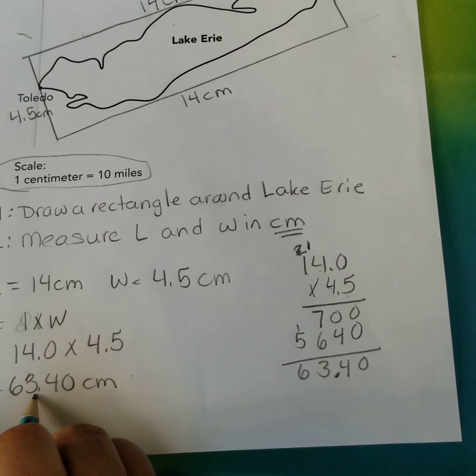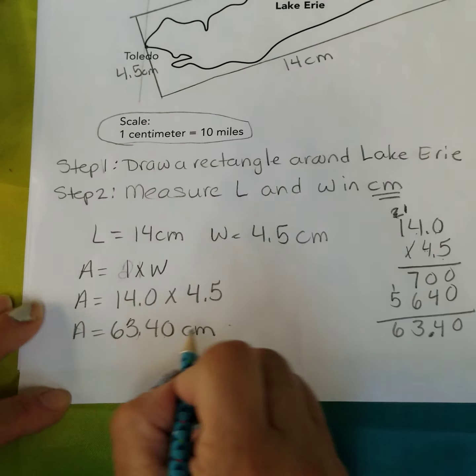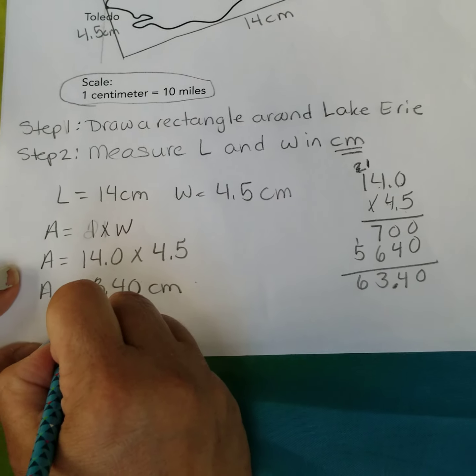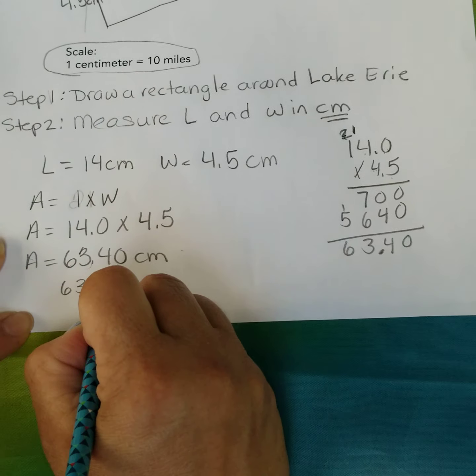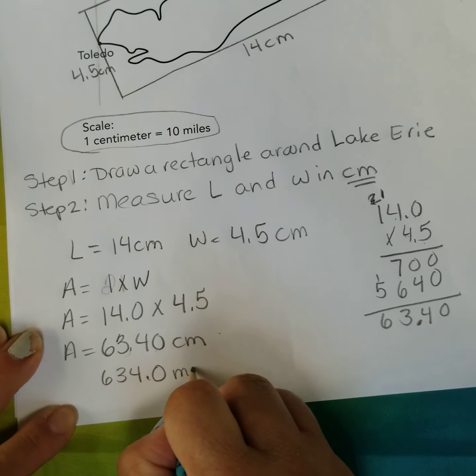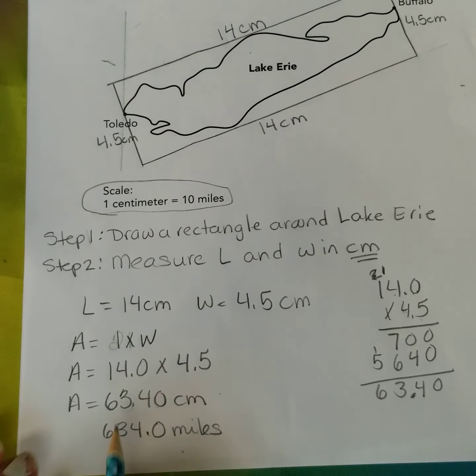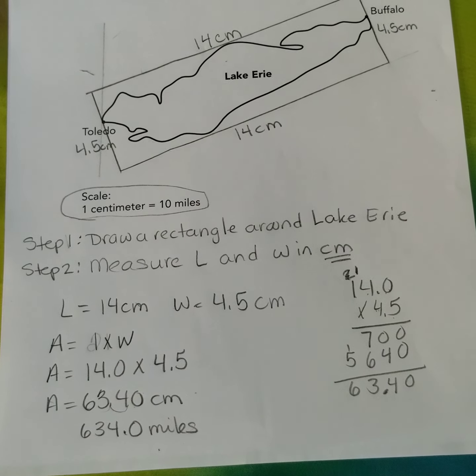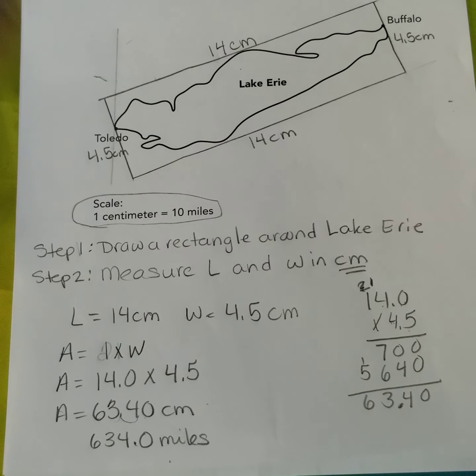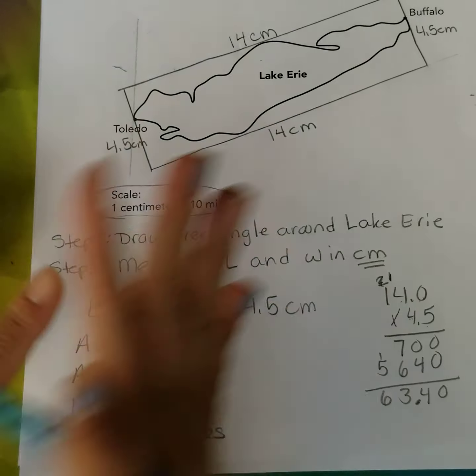So we move our decimal 1 place. 630 miles. Okay? Move our decimal one place this way. All right, so that is the area of the whole